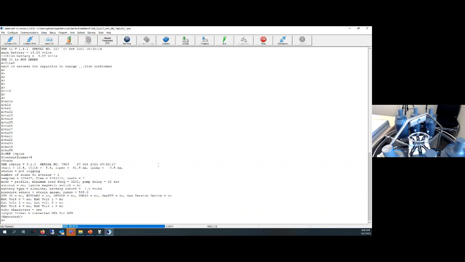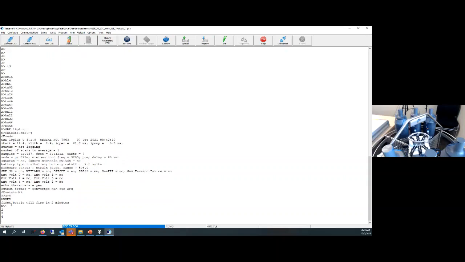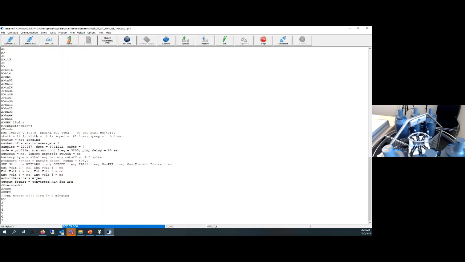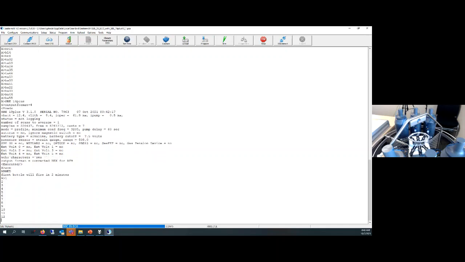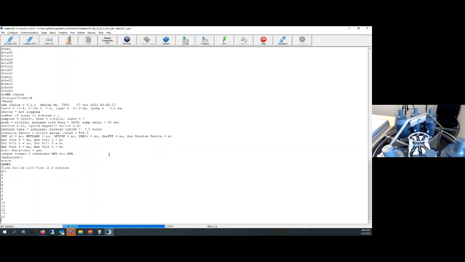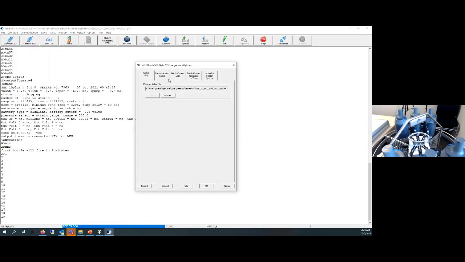Okay, so what we've done is just programmed our 55 to close bottle number 1 after 2 minutes, bottle number 2 after 3 minutes, bottle number 3 after 4 minutes. That countdown timer is going to start once I click on this ARM button or send the command ARM. Okay, so now that it's armed, we have a countdown timer here. So this is going to take 120 seconds. Keep an eye on our rubber band system over here for when this closes. So in the meantime, let's take a chance to look at other settings within